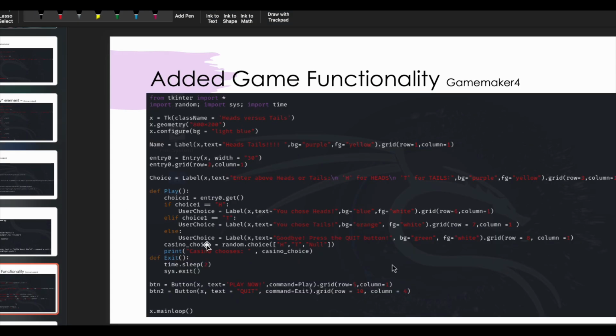What we did here was we have the quit button here, and command equals exit. Again, it's from last week, and we can trace the code to exit right here, which is the function called exit. It doesn't just exit, sys.exit. Of course we have to import sys from up here, but notice what we also imported. We imported the time module.